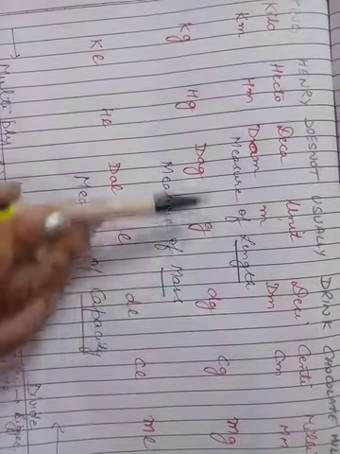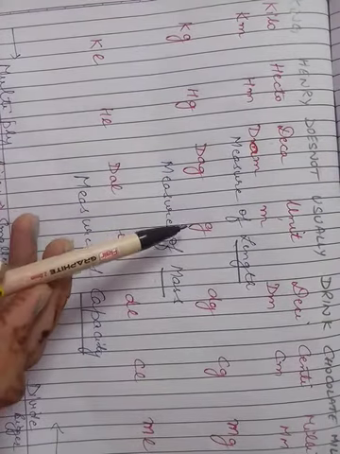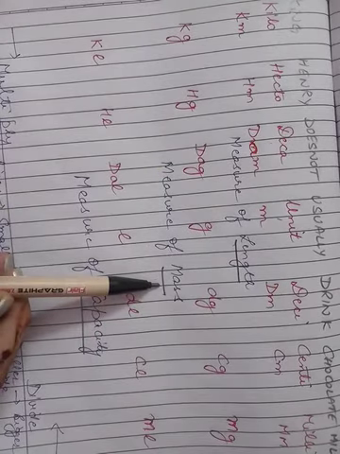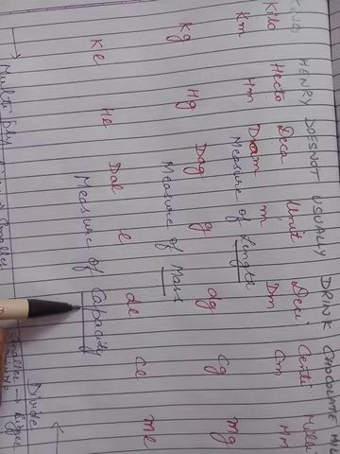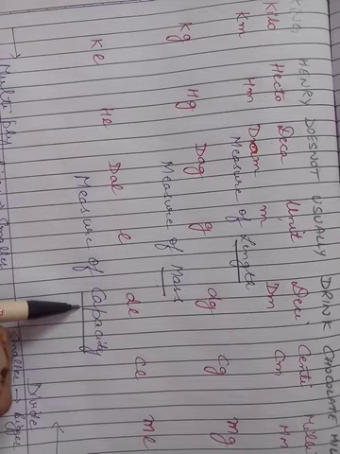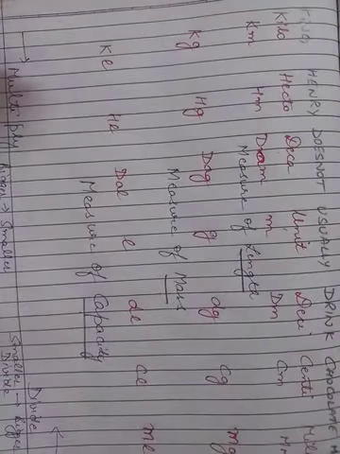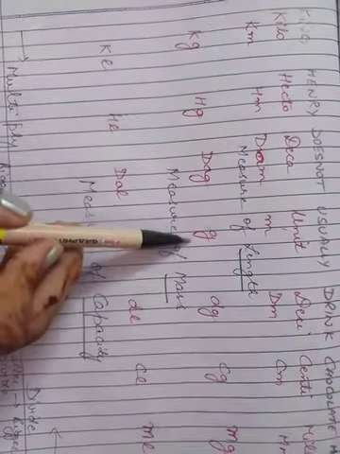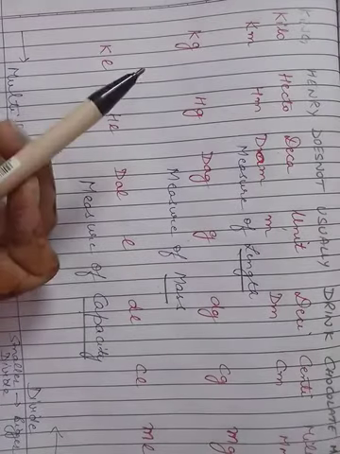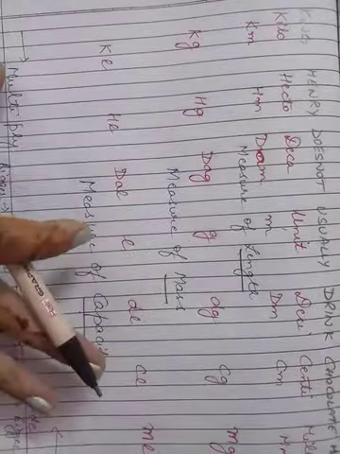Length is used to measure the length of objects, like length of cloth, length of any object, and mass is used to find the weight of any object. And next is capacity. Capacity is used to measure liquid things like milk, water, and petrol, and many more things. So let's understand how you will convert any term. If I want to convert kg into gram, then what do we have to do? We have to multiply it or we have to divide it. That basic concept we will understand with the help of this table.